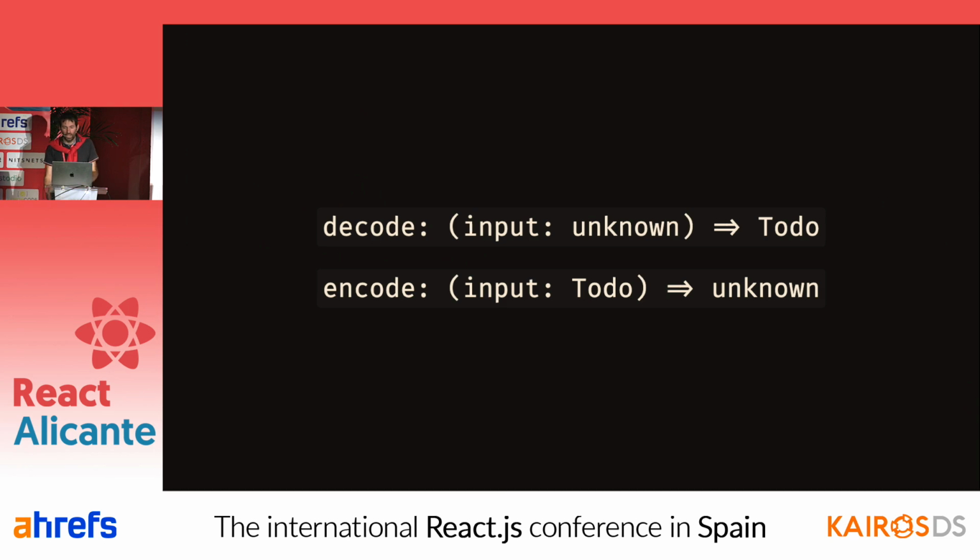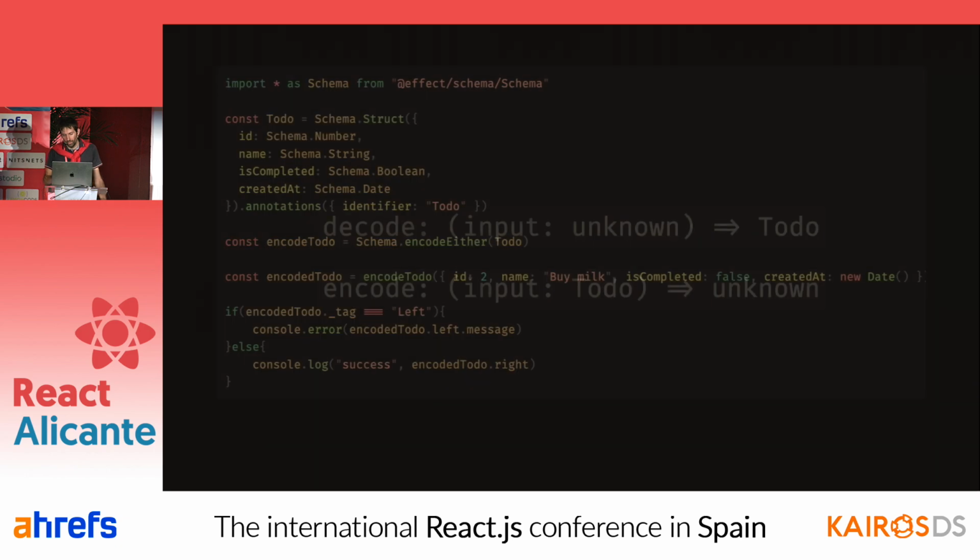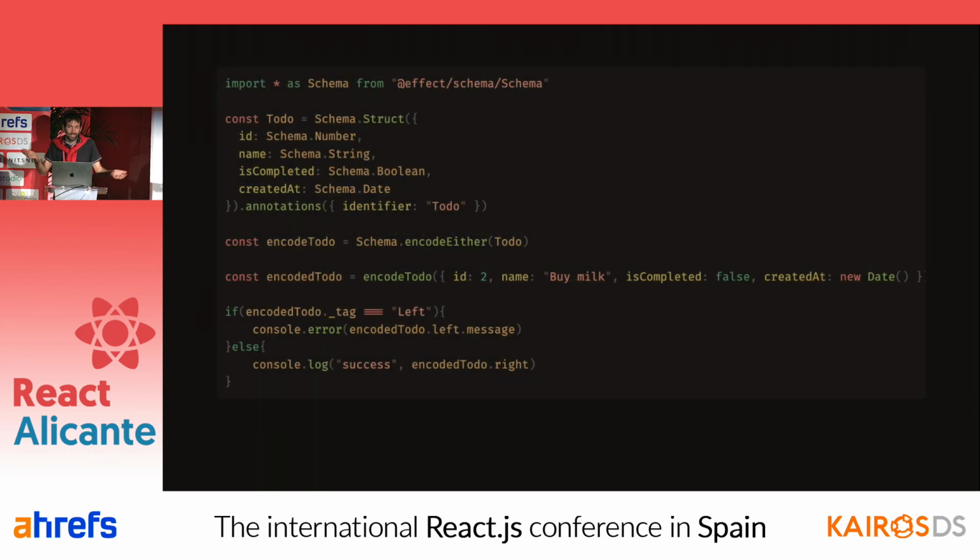So we have seen how we can decode a value that comes from the wire and successfully get back our type. So what about the other way around? Well, most libraries, as we have said before, don't allow that. Well, with fx schema, it's just calling another interpreter. You have your schema definition, and now you have an interpreter that, given a valid value, produces back the encoded structure as unknown.